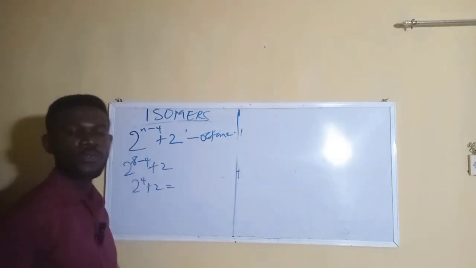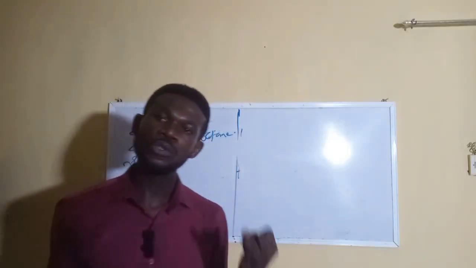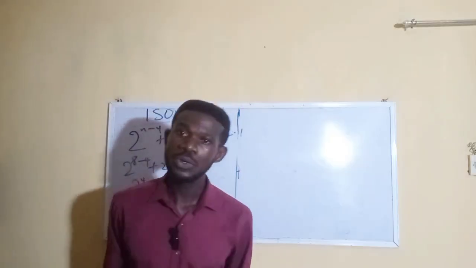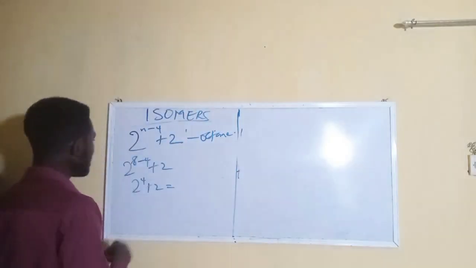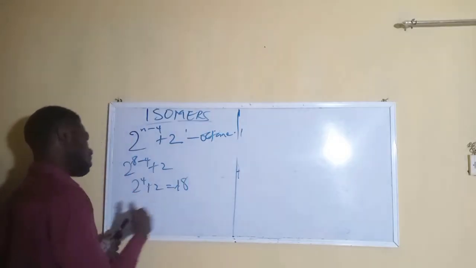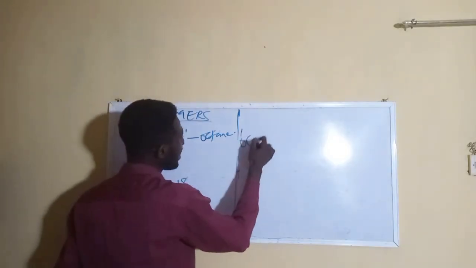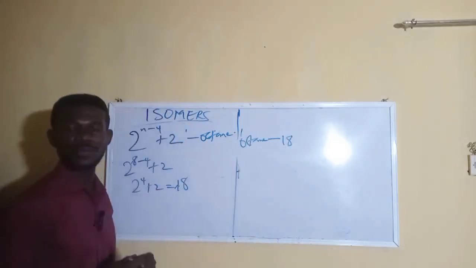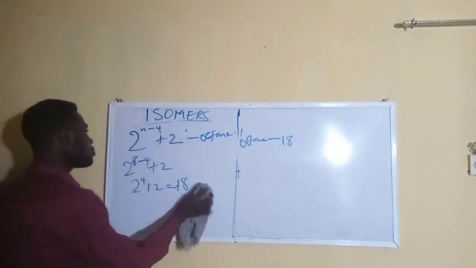Now, 2 raised to power 4 is what? So you have 2 times 2, 4 times 2, 8, and 8 times 2 is 16. So that means 16 plus 2 is 18. That means in this case, octane would have 18 isomers. Now, if I wanted to do for nonane,